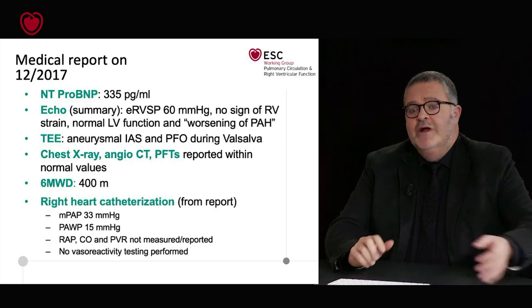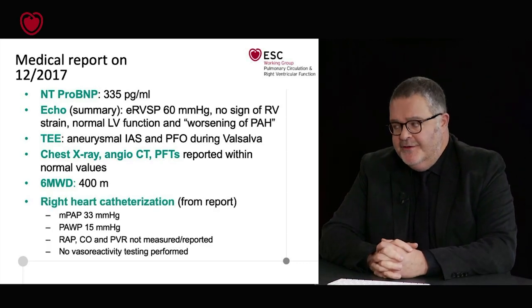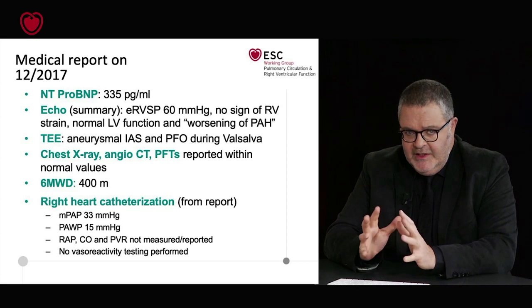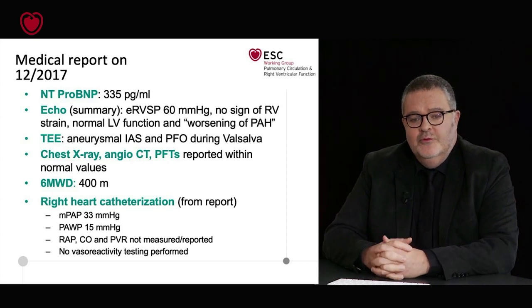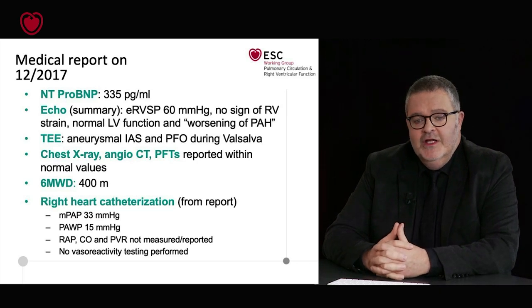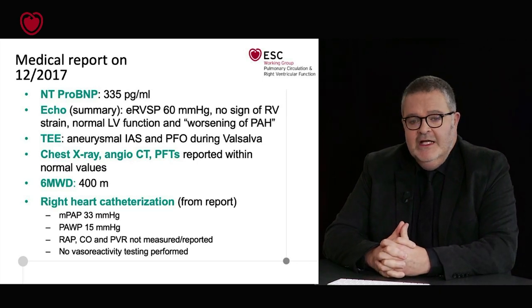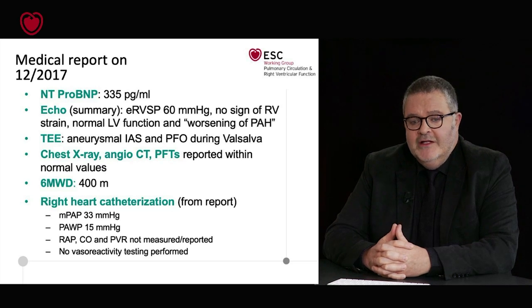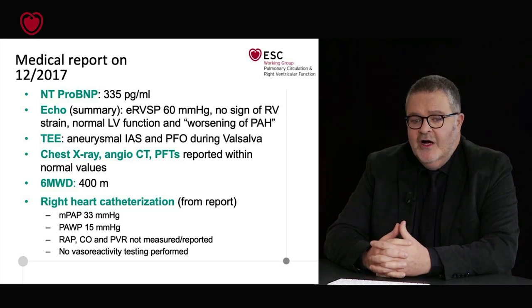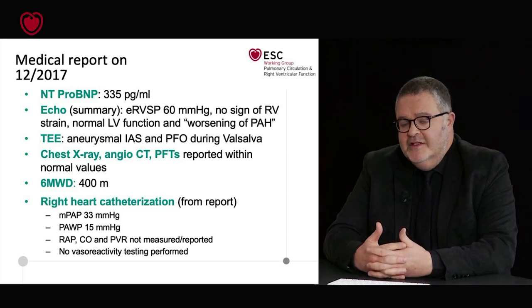Then she went to the cath lab, and this is what we got. This is the report, and literally this is what we found on the report. The mean PA pressure was measured at 33 millimeters of mercury, the wedge pressure at 15. There was no report on right atrial pressure, cardiac output, and PVR, and there was no vasoreactivity testing that was